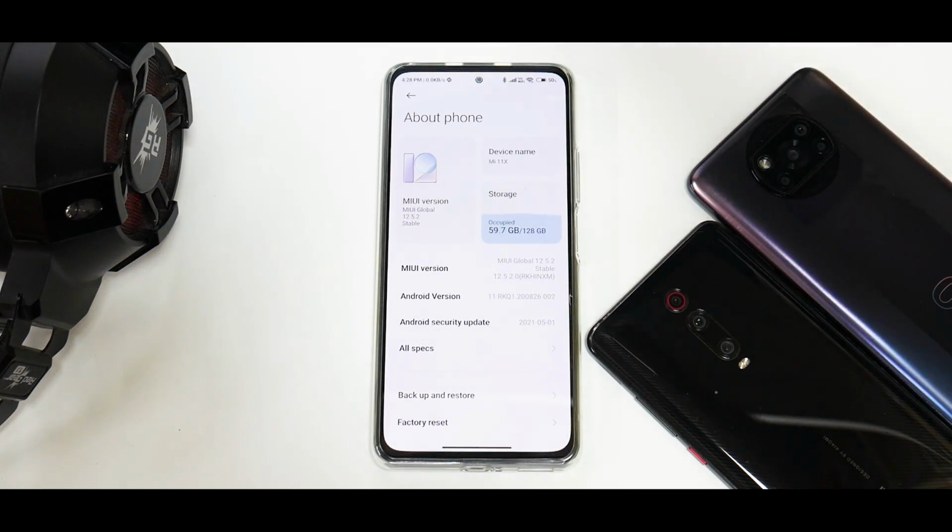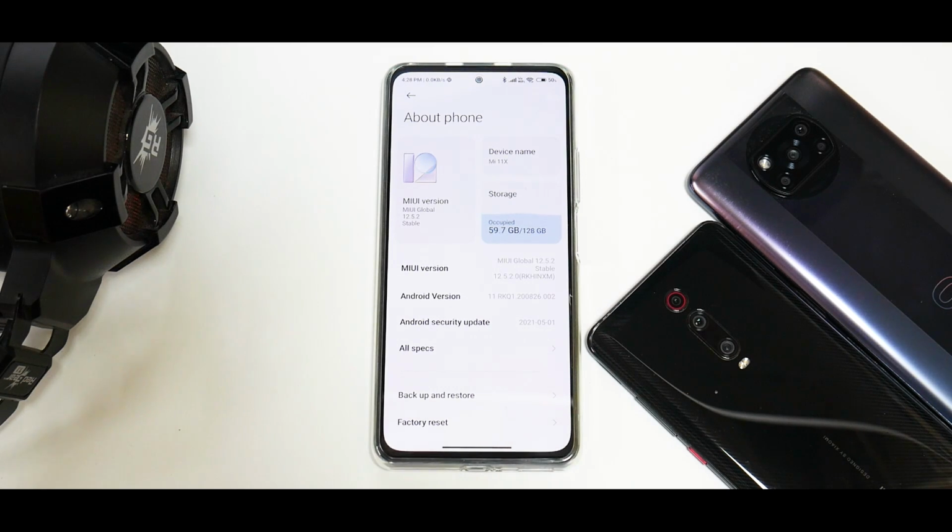talk about the top 9 unique features of this device, which has made me feel that it raises the experience one level up. We're going to talk about a lot of things, but before we get into all of that,